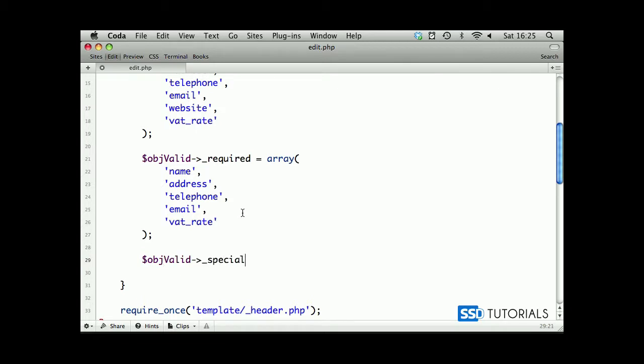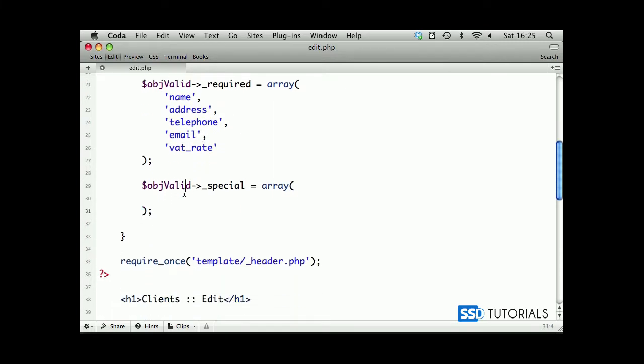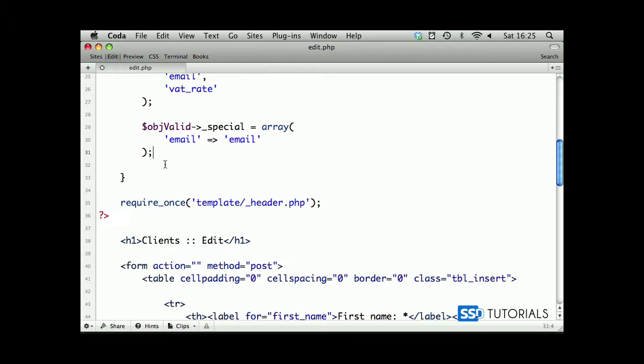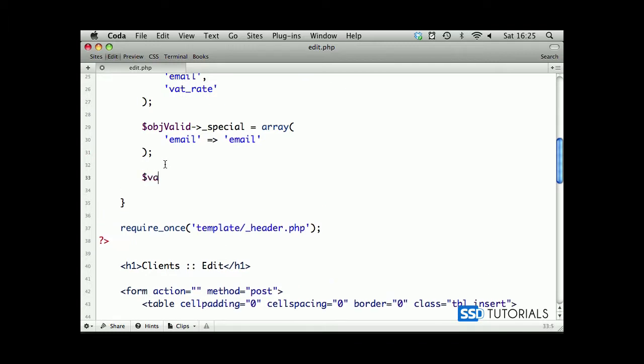underscore special array, and this array will basically take email, and we want this email to be validated as email address, email as email. Okay, so that's all fine. Now we're going to put all variables into an array, so vars array object form get post array, and we're going to take object valid expected as parameter,